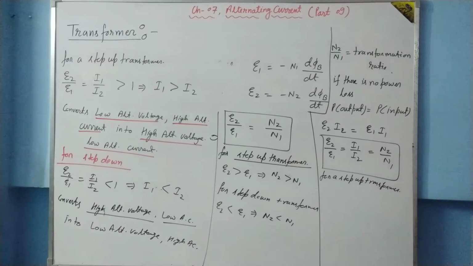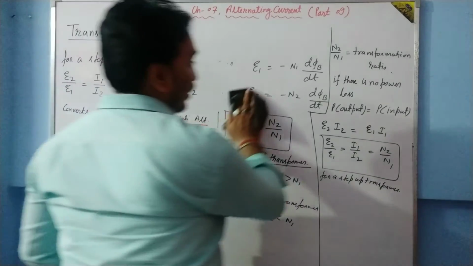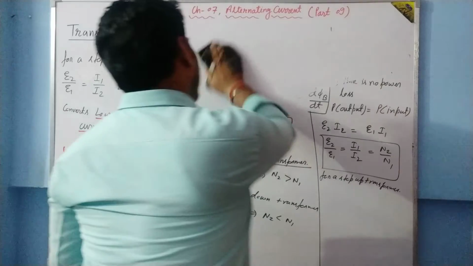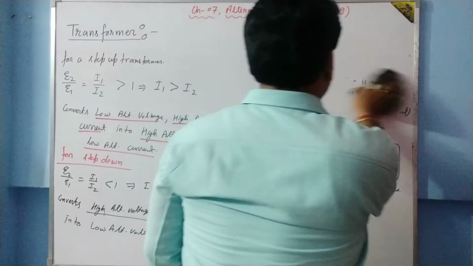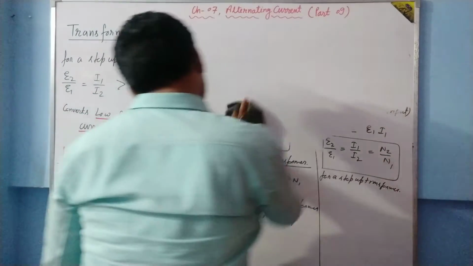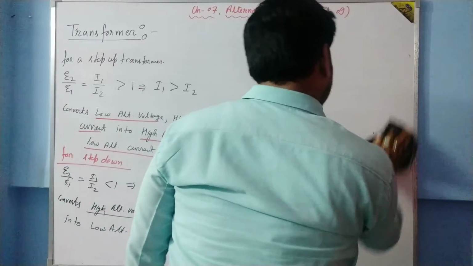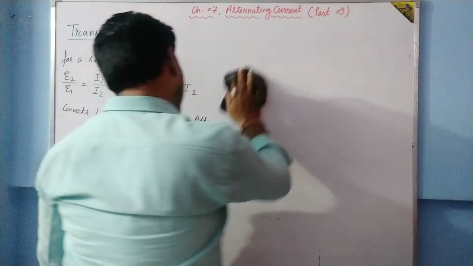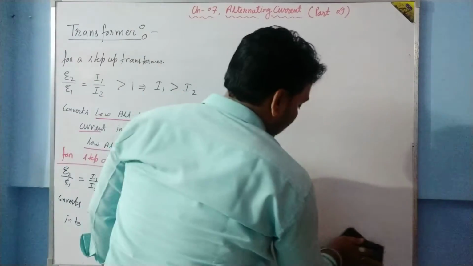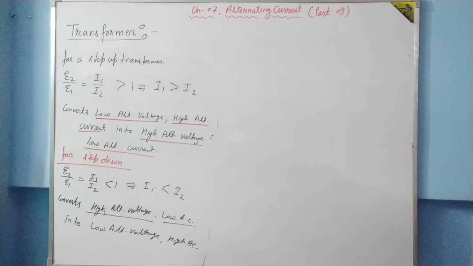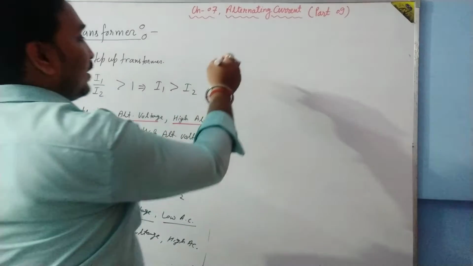A transformer does not increase the voltage, it transforms the voltage. You can say it converts the voltage, but saying it increases the voltage would be a wrong statement. Was it clear? But in real practice what happens? The input power and output power are not equal. And when they are not equal, then what we do? We calculate the efficiency of the transformer.